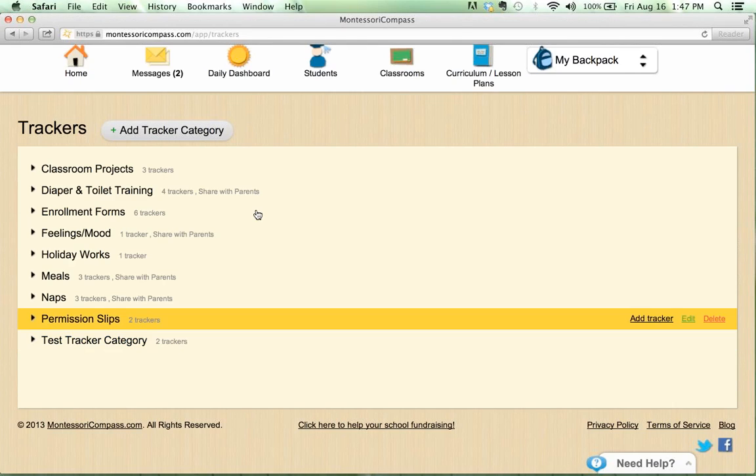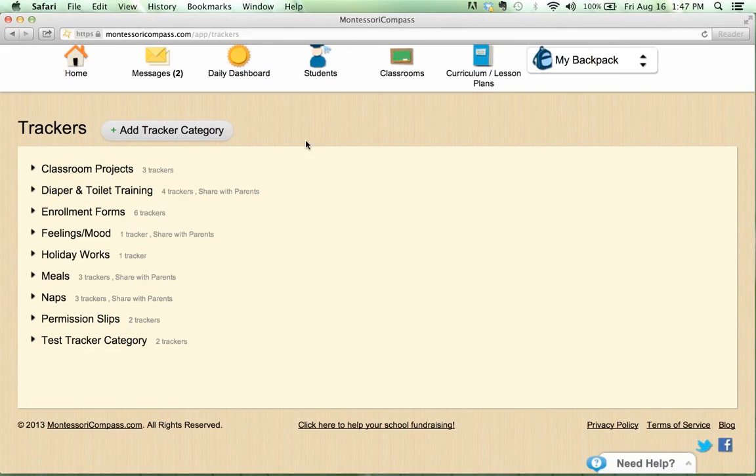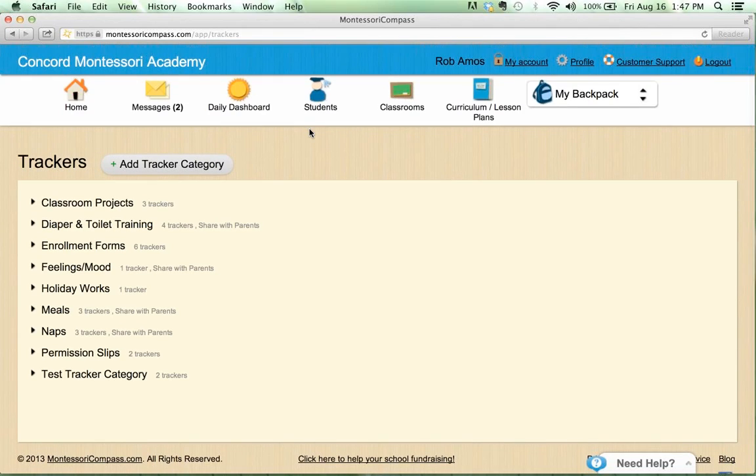So let me go over here to show you the live application to show you what this looks like. I go into my trackers. Let's create a brand new tracker category. I'm just going to call this the test tracker category. Now I can choose to share this or not share this right here. So you share it at the category level. If I want to share, I click create, and now that specific tracker category has been created and it's shared with the parents. I don't currently have any trackers in it, so let me click add tracker, and we'll just call this